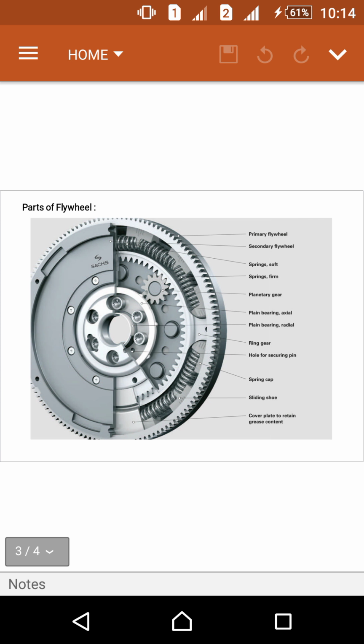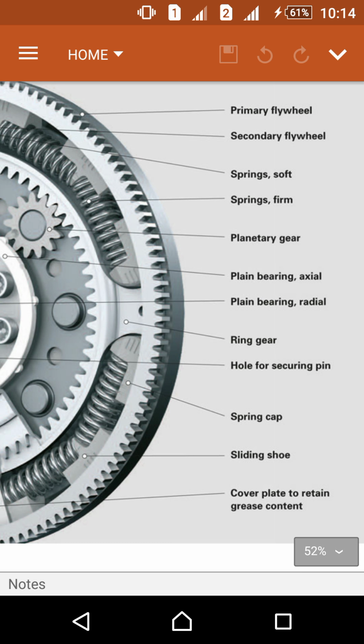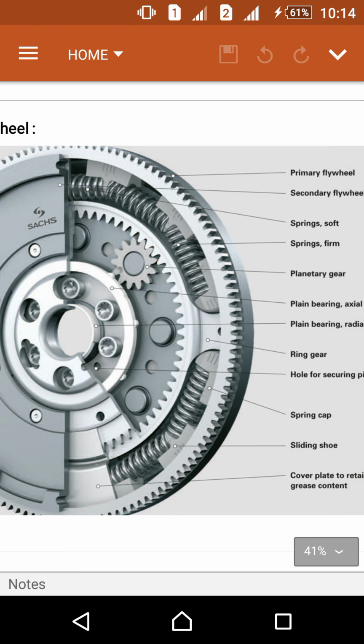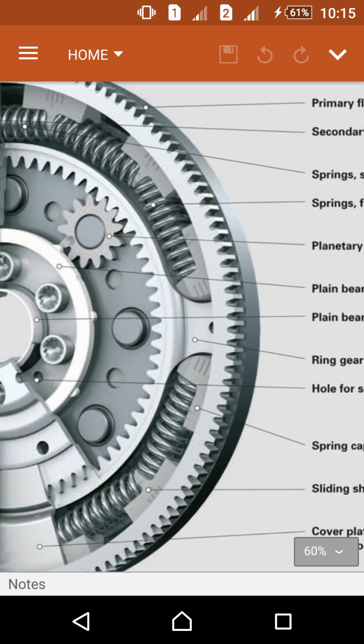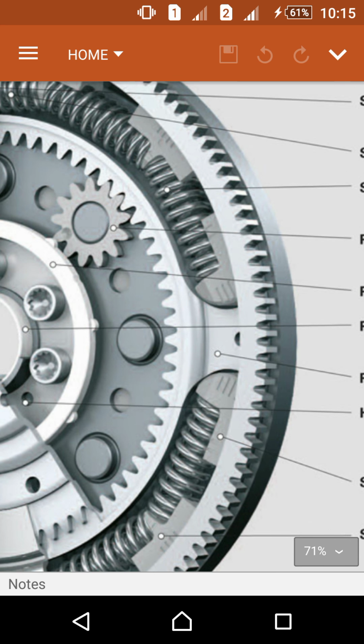These are the parts of the flywheel. This one is the primary flywheel and another one is the secondary flywheel, and these are springs. These are springs soft and springs firm. And this is the planetary gear. This one is the planetary gear,